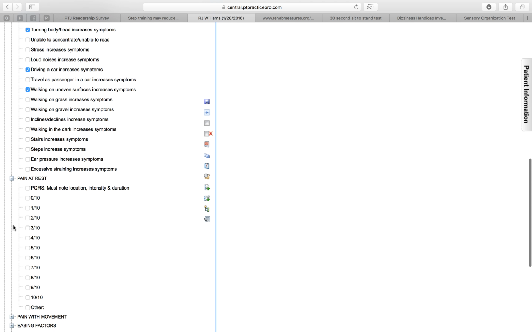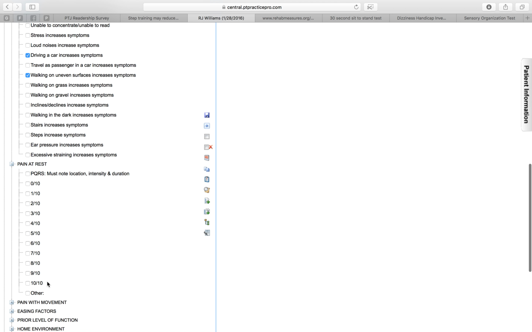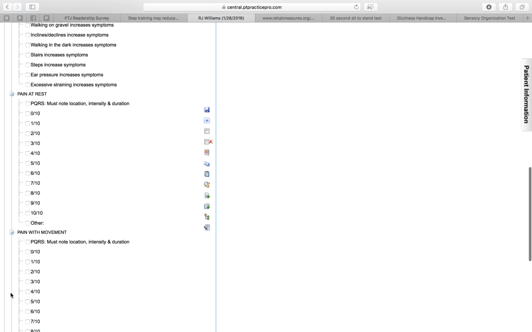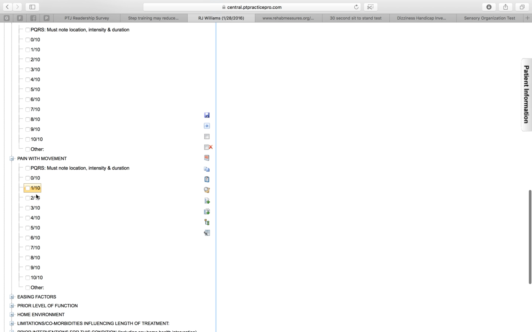When I go to pain here, this is important for the PQRS. I was talking with West Palm Beach this morning, and I think I may rewrite some of how PQRS is done in the system because I'm not crazy about the standard method. You can get pain with movement as well. So if I click one of these, it's just going to add that score. I'd also have to click that I want to include a comment section on location, intensity, duration, and the intensity